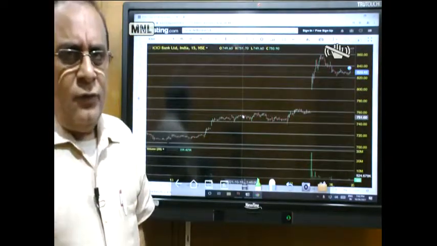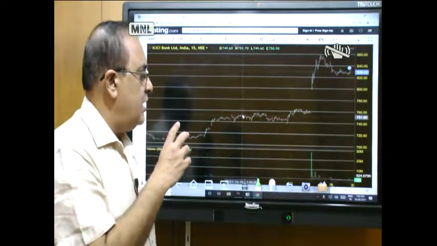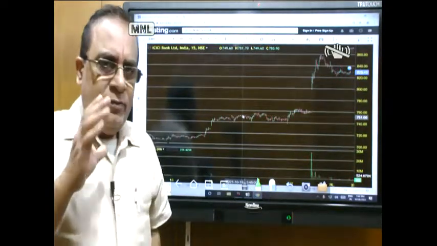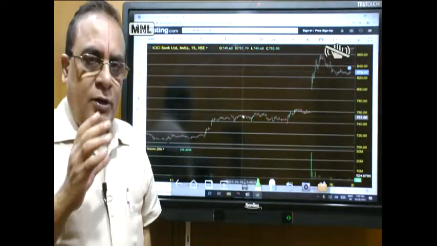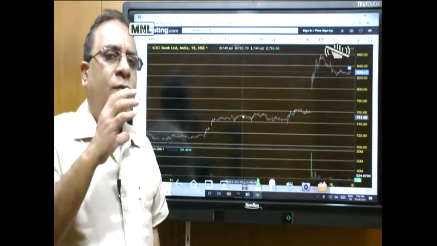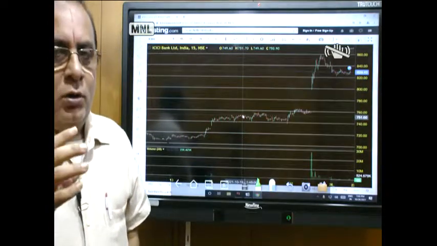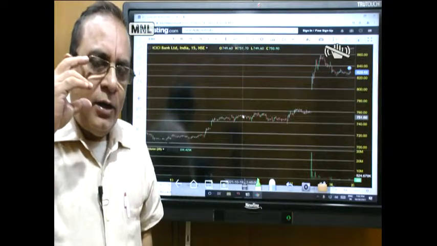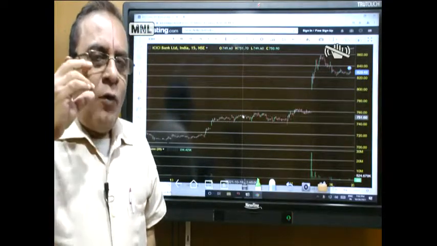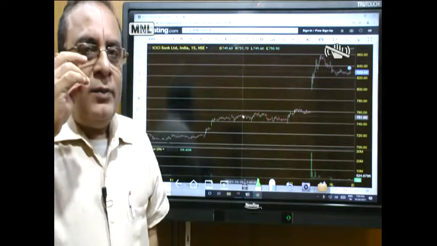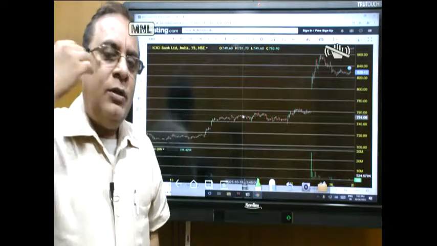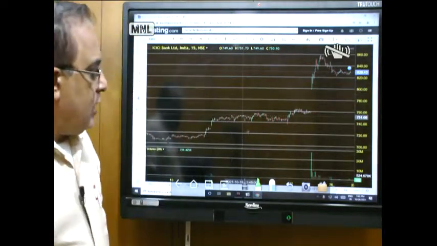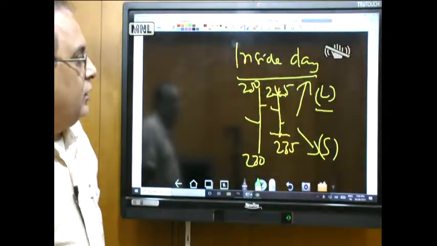In most cases, as far as stocks are concerned, just wait for the first 15 minutes of action. Don't do anything. If open is equal to low, then you wait for the high of that particular day to be cut. If open is equal to high, then wait for that day's low to be cut and put the other extreme as a stop loss. So this is one trading pattern that you can clearly see.